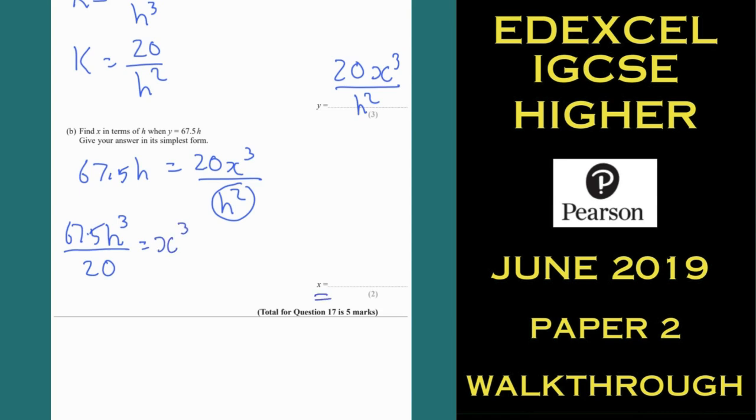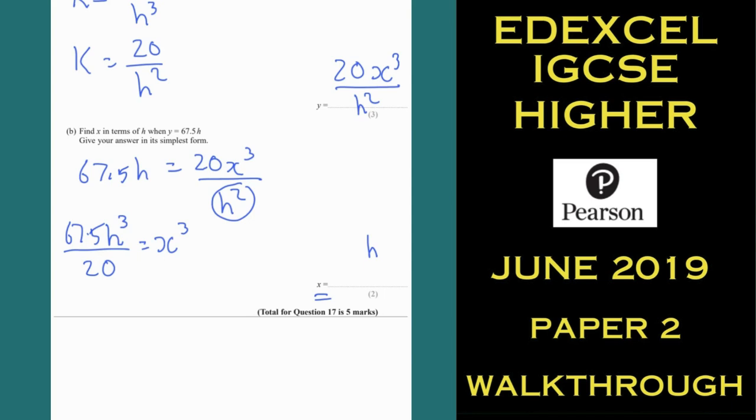Now the answer, as you can see, wants us to write x equals. So we've got x cubed. You need to cube root both sides. When you cube root h cubed, you get h. When you cube root, use your calc,